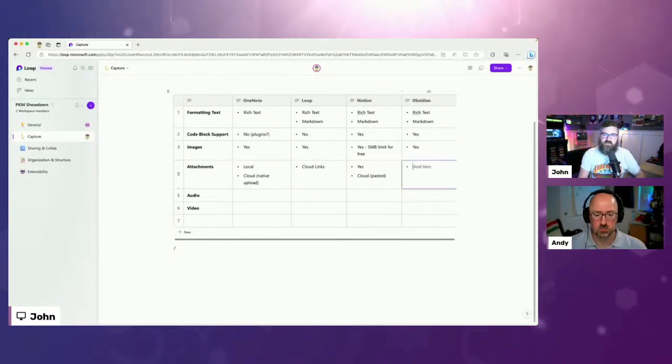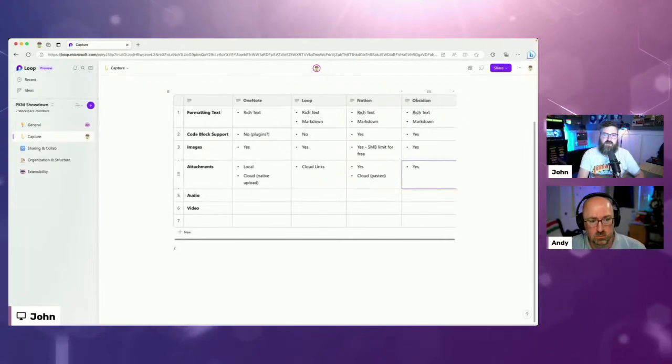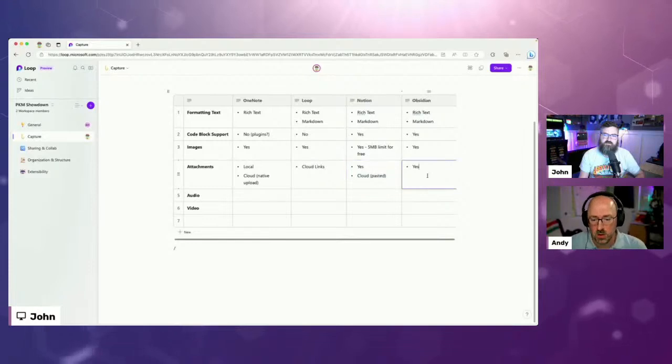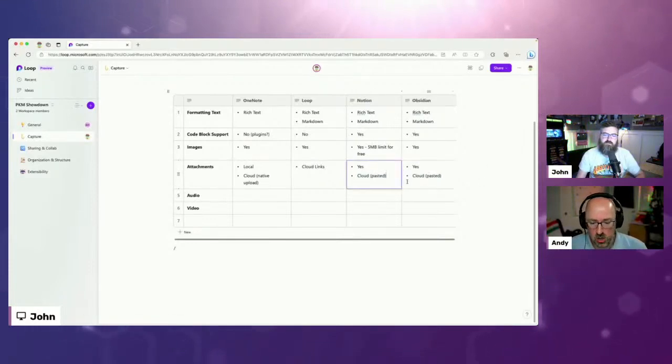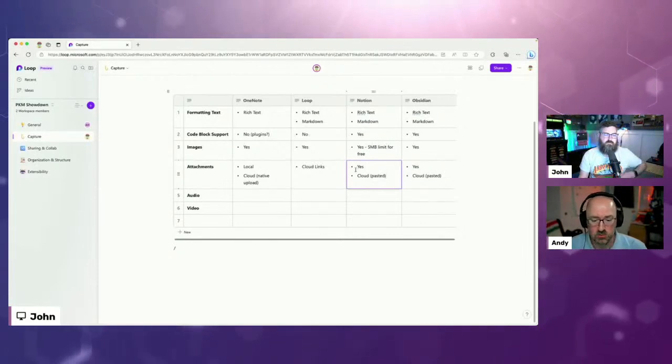Now Obsidian, of course, because it's just a standard markdown format, you can attach a file to it. It goes into your Obsidian second brain, but then also it's probably the same as a cloud pasted file, right? Yeah, so they're going to support options for attachments with copy and paste or drag and drop. And then you can download or you can copy it to a folder inside of the vault if you need.